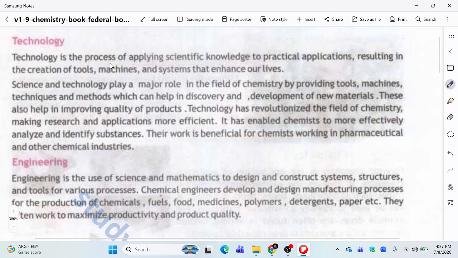Second is technology. Technology is the process of applying scientific knowledge to practical purposes, resulting in the creation of tools, machines, and systems to enhance our life. Science and technology play a major role. So basically, in this,